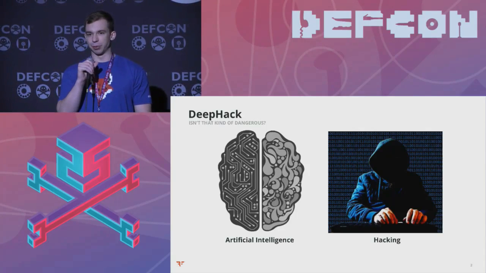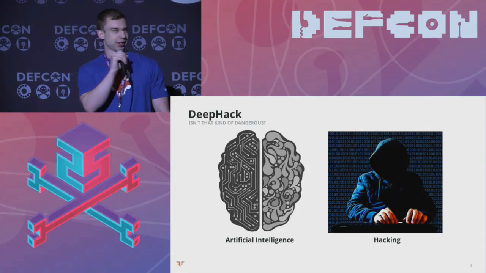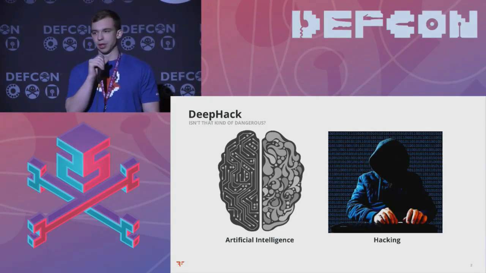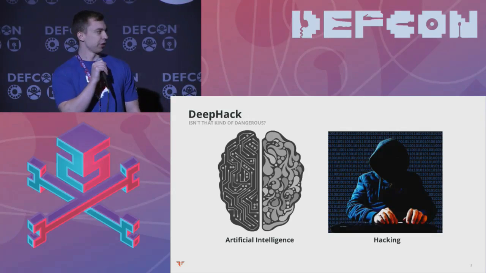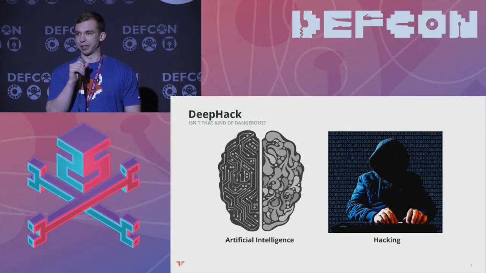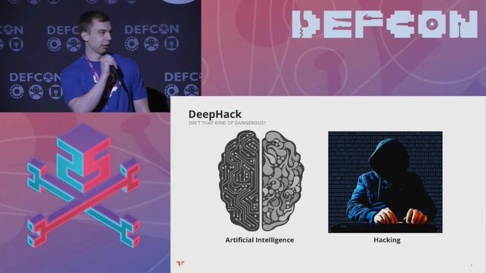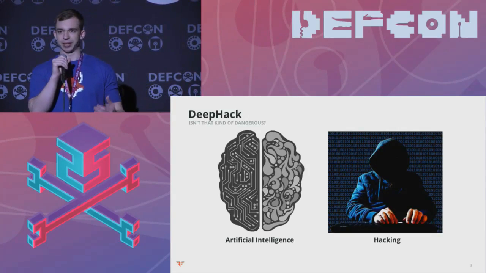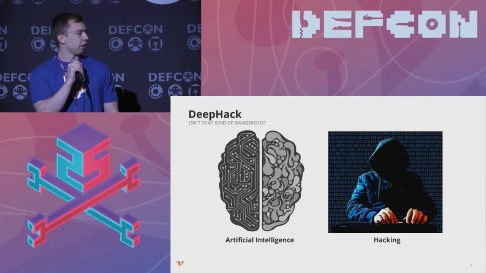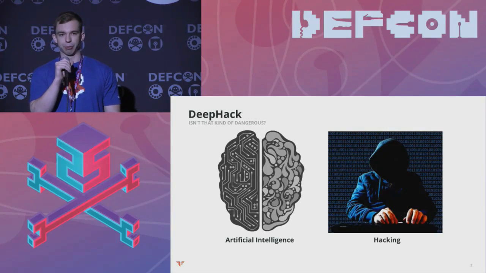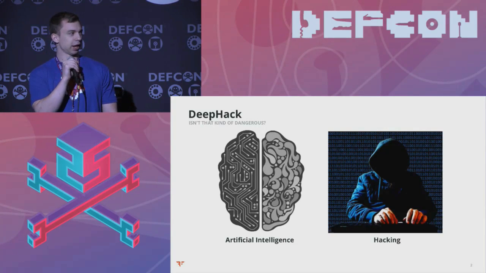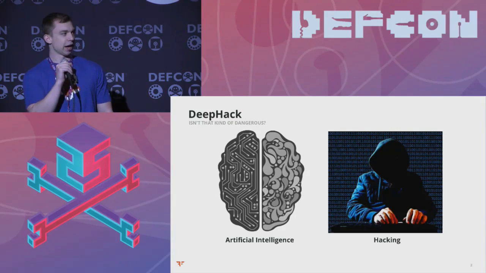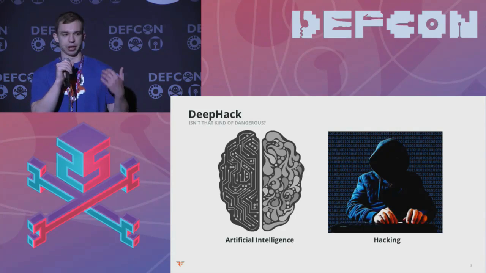So as pen testers, we were interested in how we could use this technology and these tools to maybe do some offensive security stuff. We've heard a lot about defensive security applications for machine learning. There are things like firewalls out there that can do anomalous traffic detection, those kinds of things. But there weren't too many offensive tools, and so we really wanted to explore that space. And this talk is basically going to be about the intersection between AI, programming, and hacking.